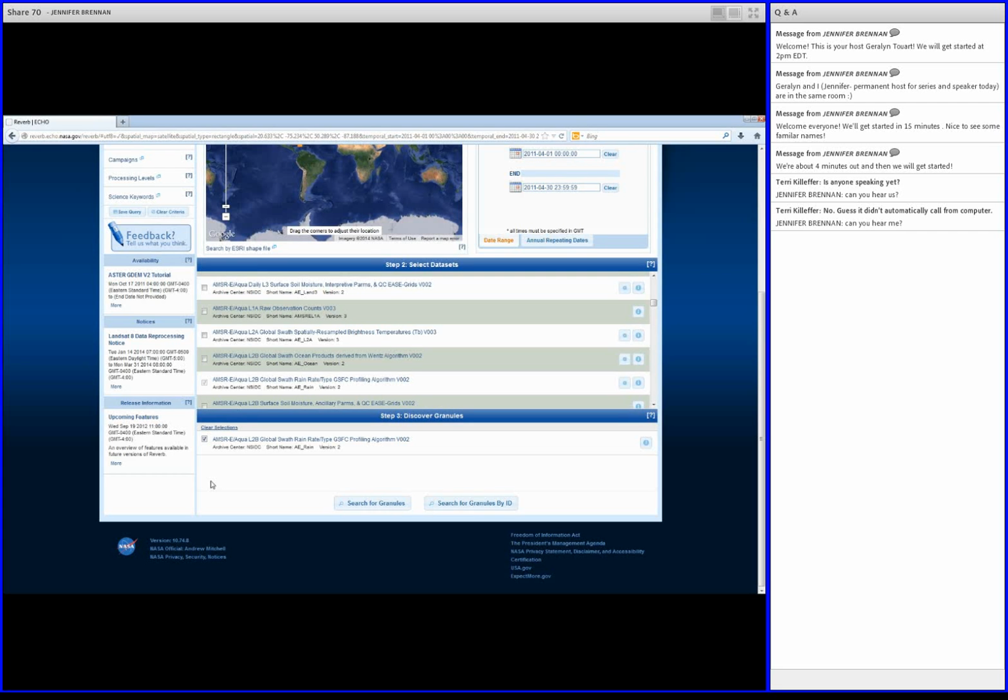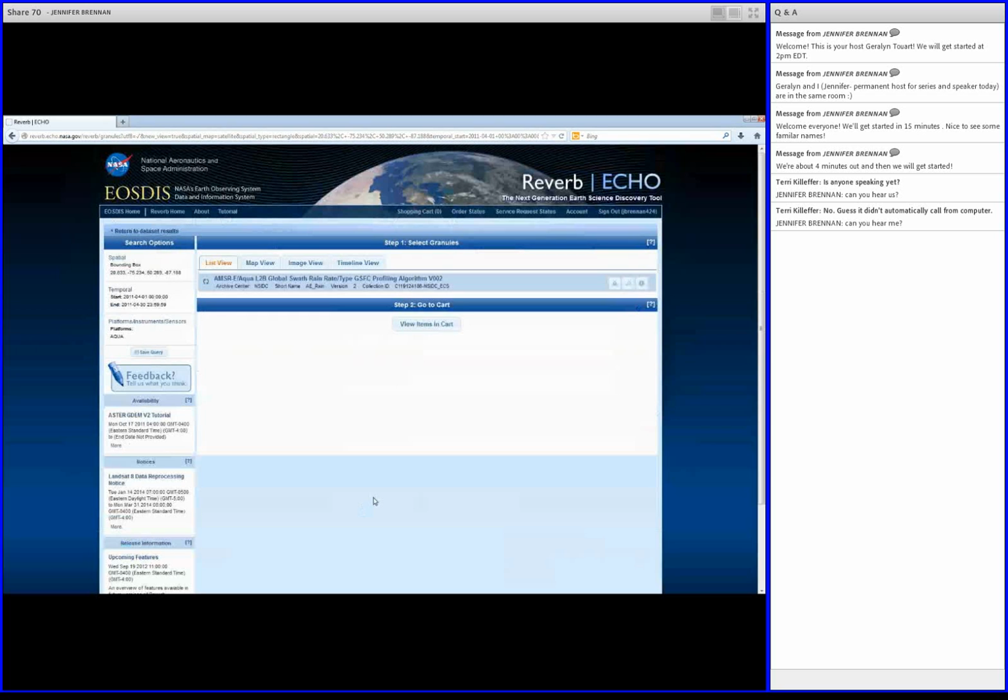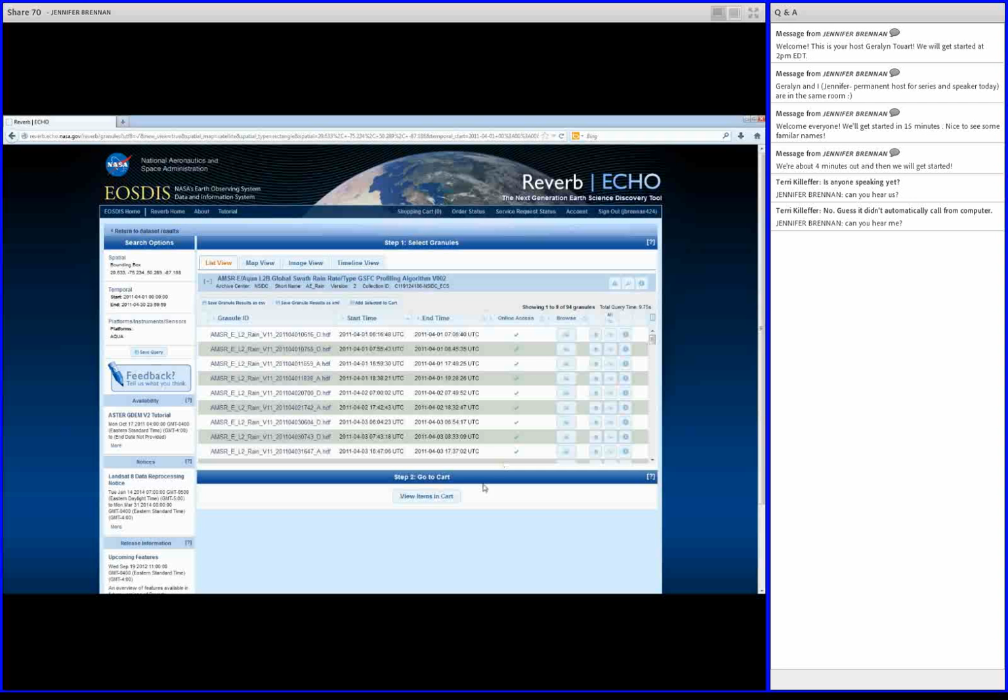But we can look at all the granules in the collection that fall within our search constraints by clicking the Search for Granules button, which is what we'll do next. This will call up a list, and just give it a second, of all the granules that fall within our search constraints. Just take a second. Okay, so you see that 94 granules, right up here at the top, have shown